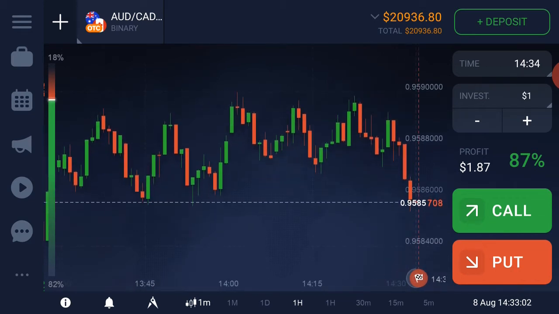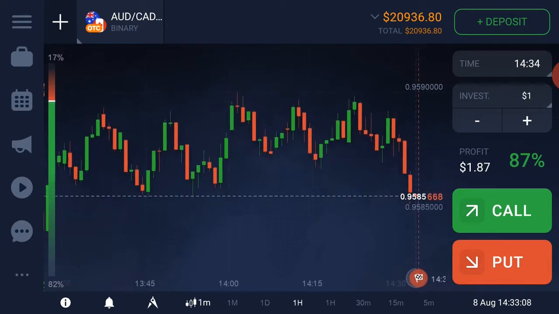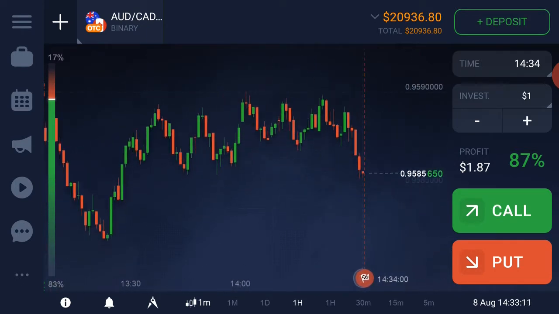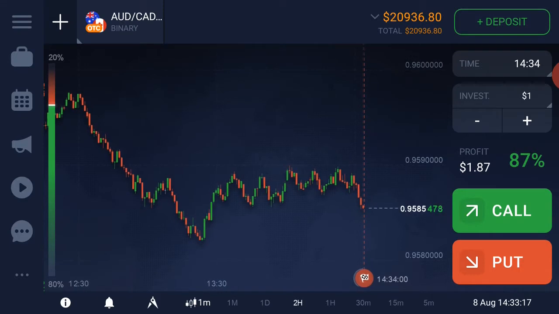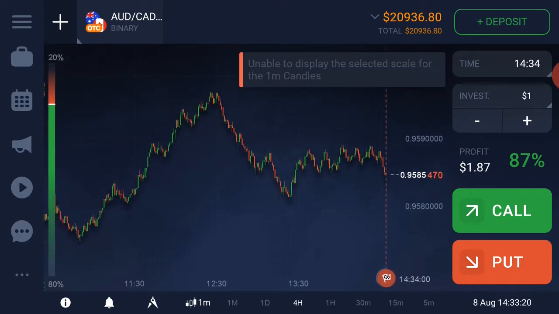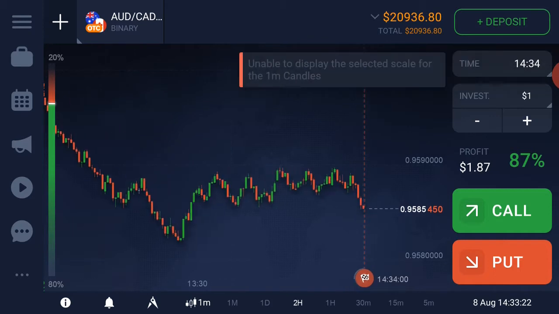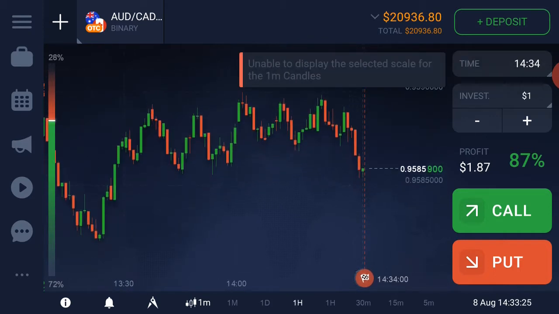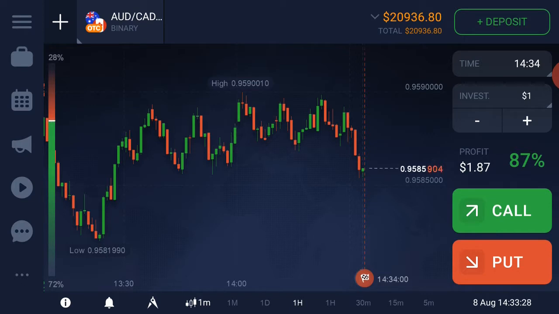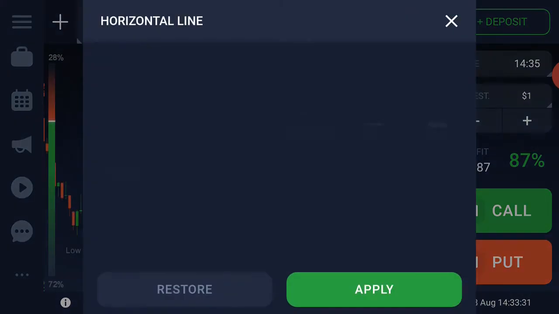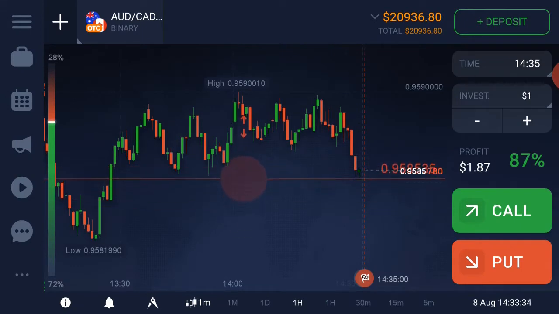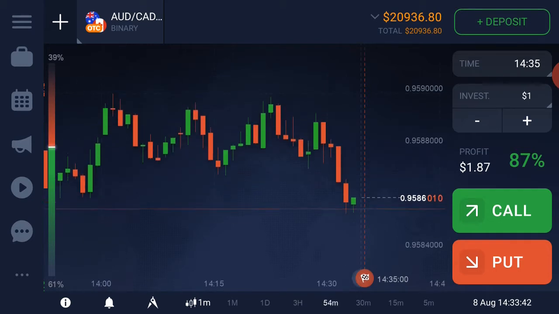You can see here this is the AUD CAD chart. It's a ranging market like this. We have to check first what's going on in the market. What's the trend here? The major trend is uptrend, the minor trend is downtrend. The market wants to go up from here, so we will place our support and resistance level here. This is our support level, a support area.